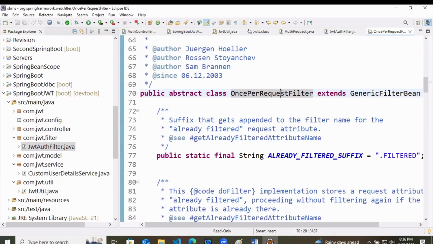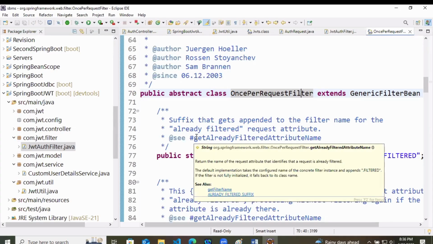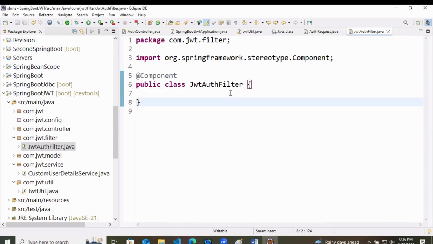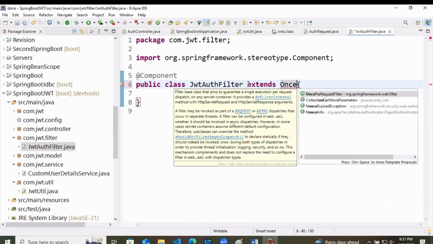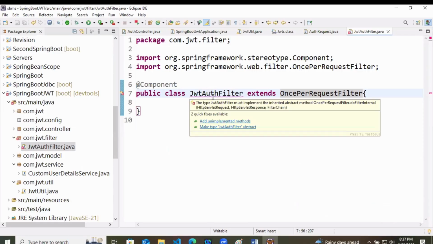Once per request filter means, if a user is trying to create a token two times, it is one token per request per user. So in the auth filter, we will just extend that class, that is OncePerRequestFilter.